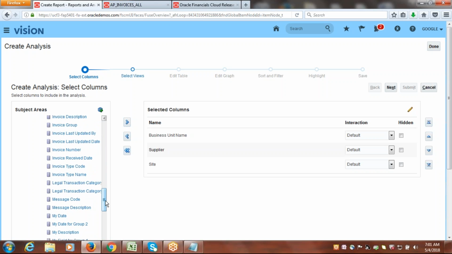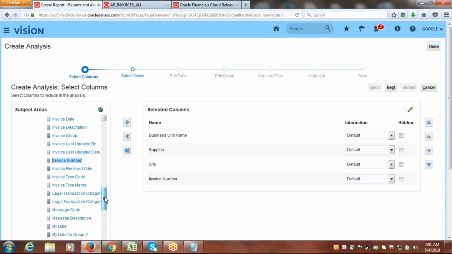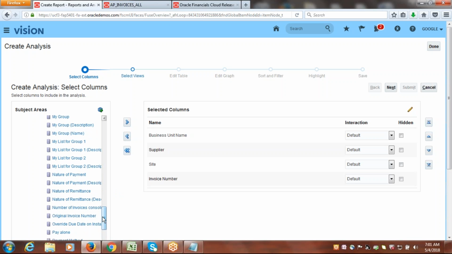So you want to fetch the invoice number. Select this column. That's all. This is how you can just select. You cannot write any query on this. So invoice number we are taking,